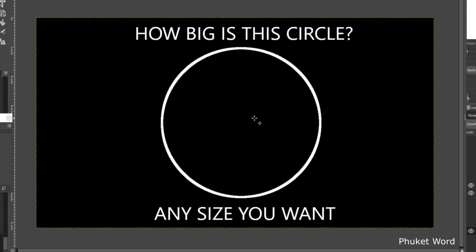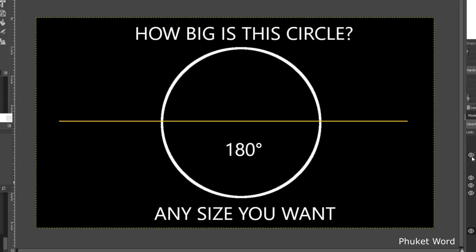The circle is divided up into degrees. We know that there's 360 degrees in a circle. If we divide it in half, we know that there's 180 degrees on either side. The distances between any 2 points are arbitrary. You can measure them on any scale when you have a circle, and the angles will always ultimately be the same.